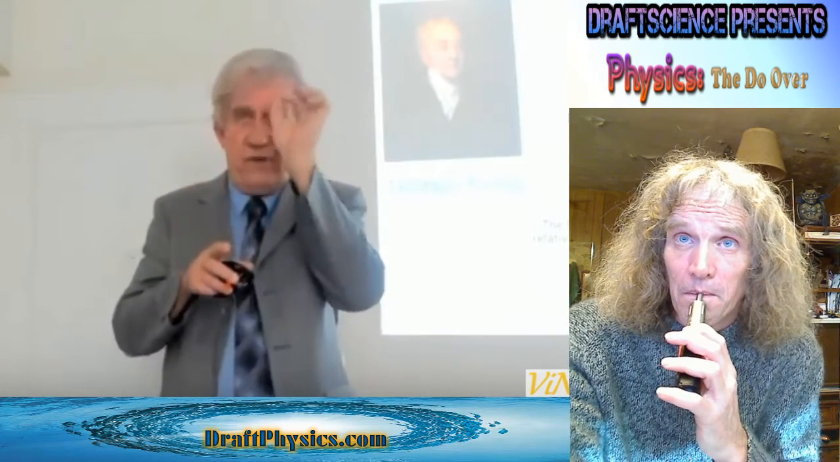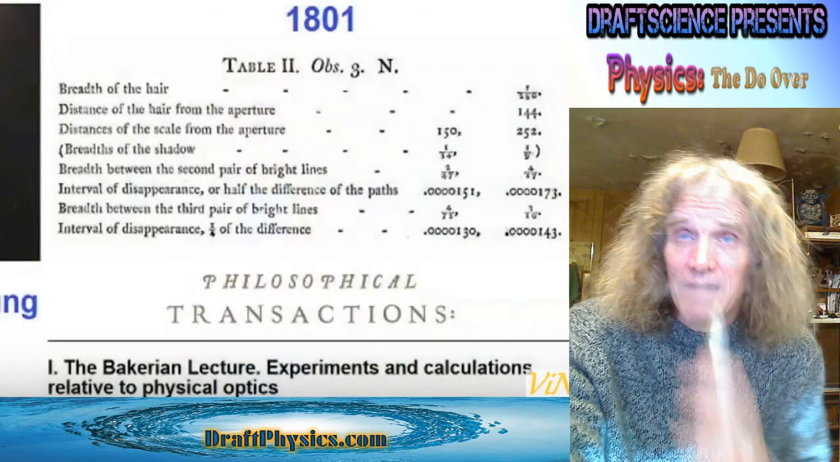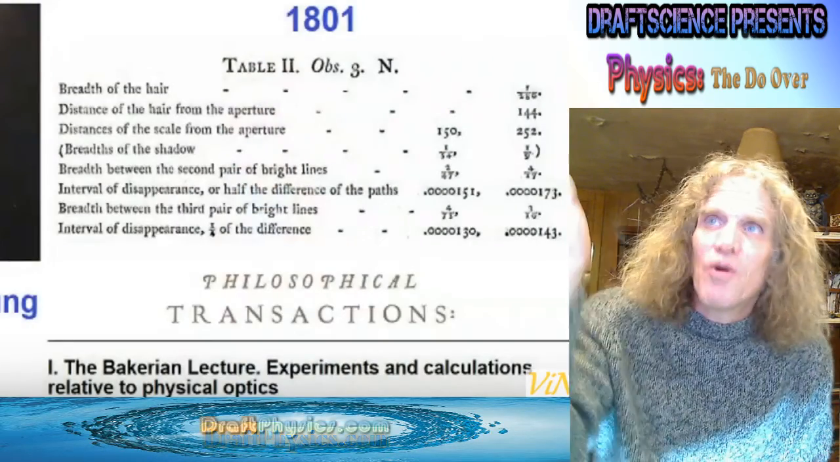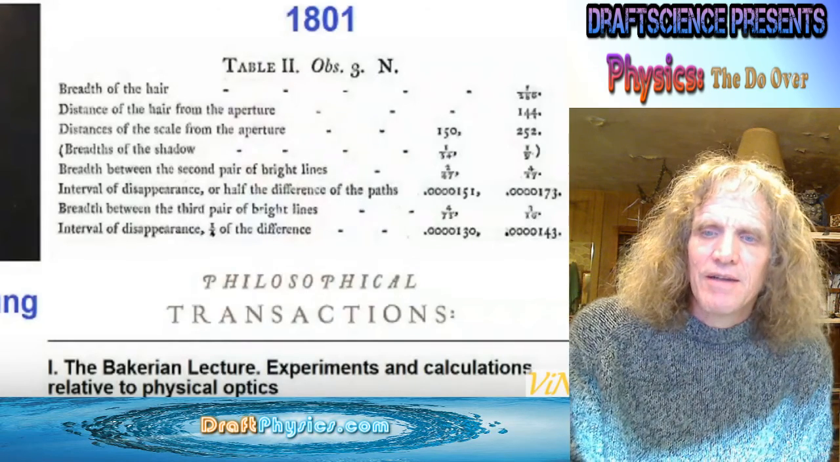You got to get those slits not only very finely cut, they have to be very thin, but you have to have them very close together. Thomas Young tried to do that. He says, I'm going to try. And again, 1801. So it took them until 1930 to contrive